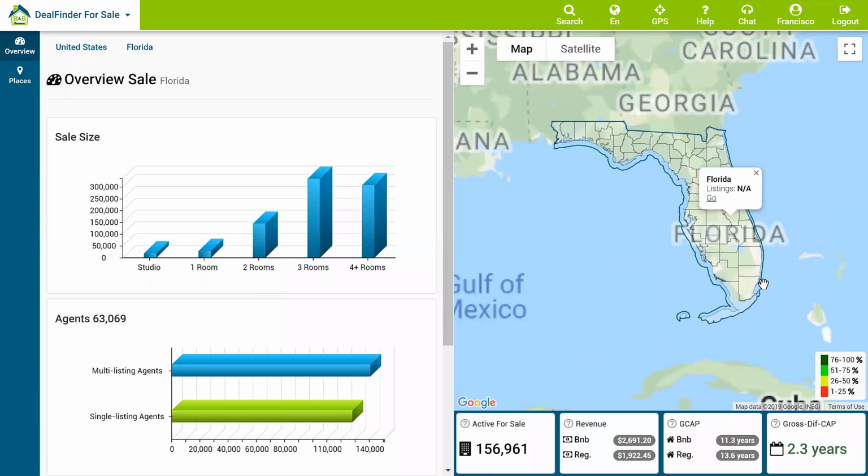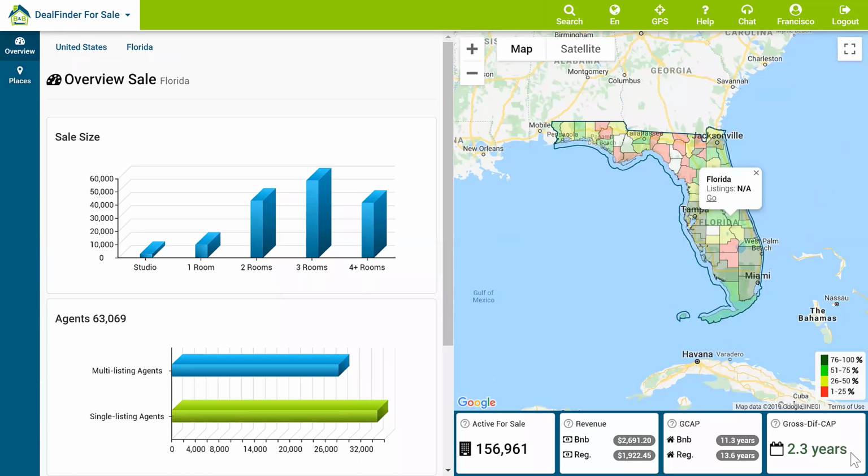Which the capitalization rate is 2.3 years. It's actually slower than the nation. But if we go to different counties, that's going to change. In this case, we're going to go to Orange County